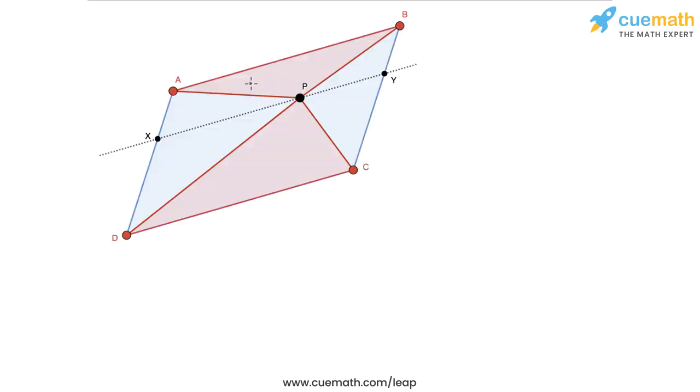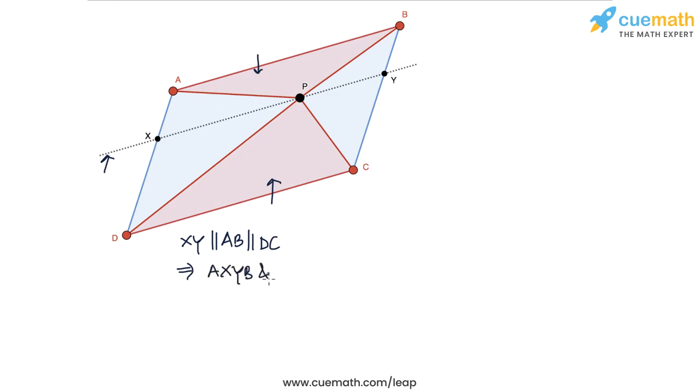So we will first write the proof for the first part, that the area of APB, this triangle, plus the area of PDC, this triangle, this sum is half of the area of ABCD. And we are going to make use of the fact that because of our construction, the way we constructed this dotted line, XY is parallel to AB as well as to DC, and this means that the quadrilaterals